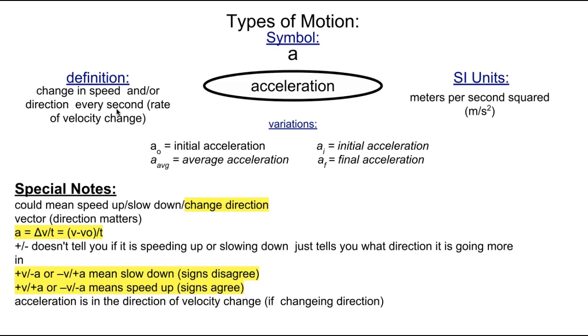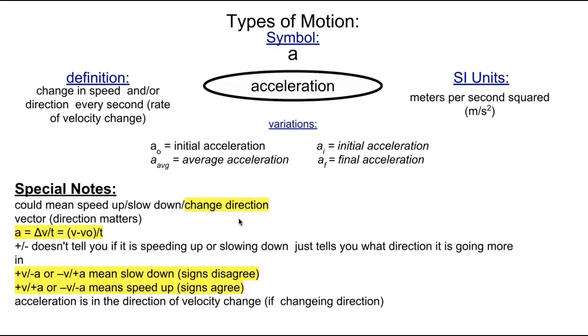Okay, and I do want to make a note here that acceleration happens in three forms, and that's speeding up, slowing down, and changing direction. We'll get into why changing direction means you are accelerating later in the physics class, but I want to make sure you know it now that changing your direction